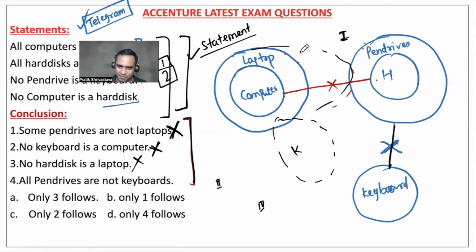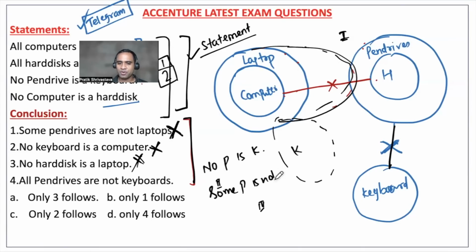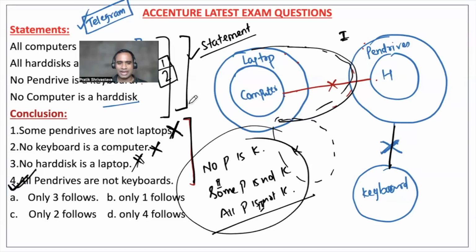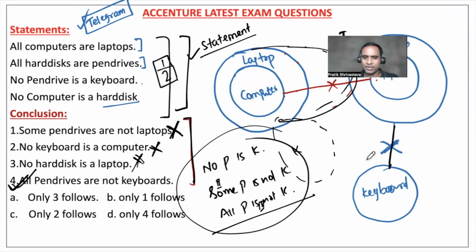If another diagram like this, if you are getting it, that means about the conclusion you cannot comment anything, and that becomes false. All pen drives are not keyboard. So pen drive and keyboard, this I have told you earlier also. If they say no pen drive is keyboard, then you can say some pen drive is not keyboard. You can say all pen drives are not keyboard, right? So that you please keep in mind. So this will become true. This I have told you in many of my videos itself. Okay,